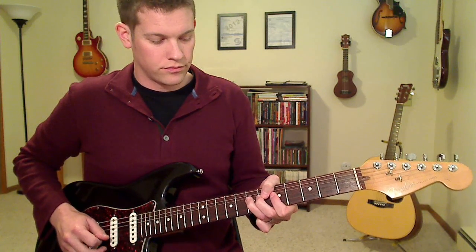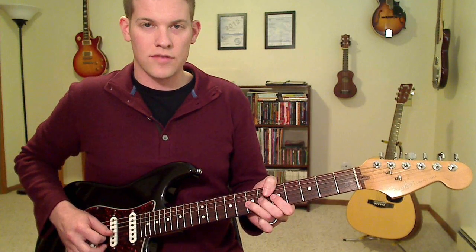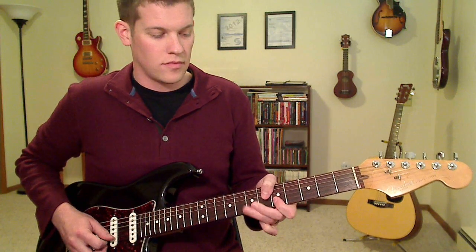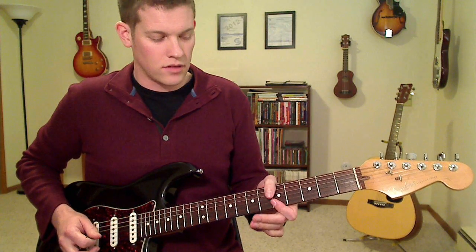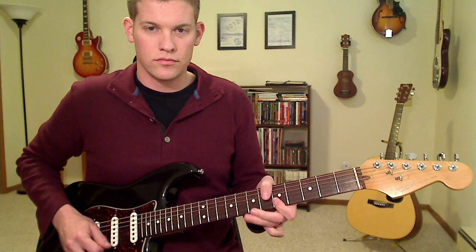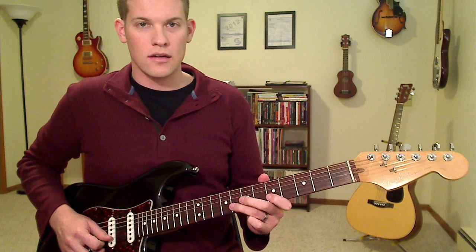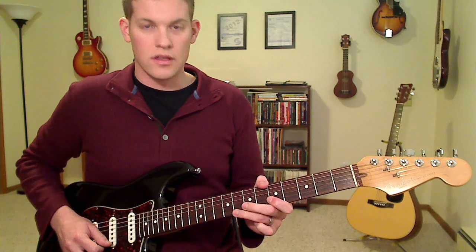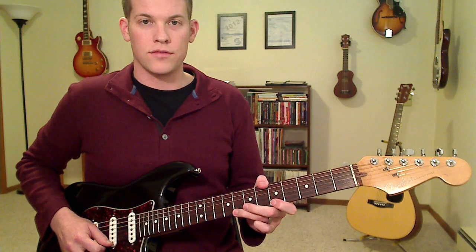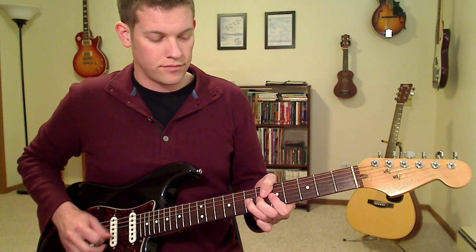You go, those two notes are both on the 5th fret. So 7th bending up, fret 5 on the B string, fret 5 on the E string. So right after that we've got 8th fret on the B string, pulling off to 5. Then 8th fret on the E string, pulling off to 5. So putting all that together, we have